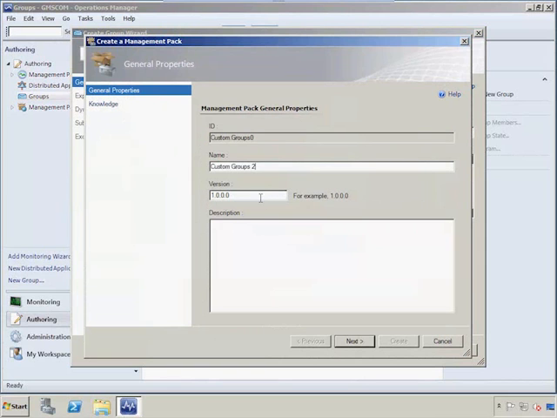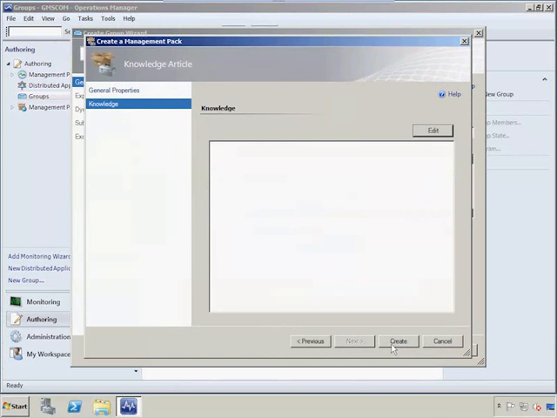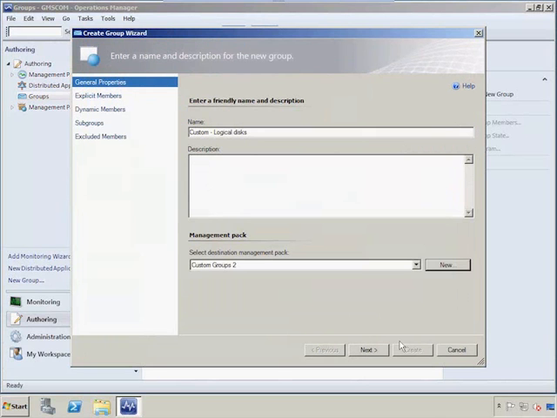Version number 1.0.0.0 is just fine. Click Next. We're not going to add any knowledge right now. And then click Create. And that's how easy it is to create your own management pack for storing custom objects such as groups that you have in Operations Manager 2012. And then when you come back to the Create Group Wizard, we're already destined for the Custom Groups 2 management